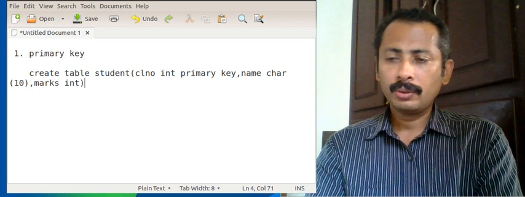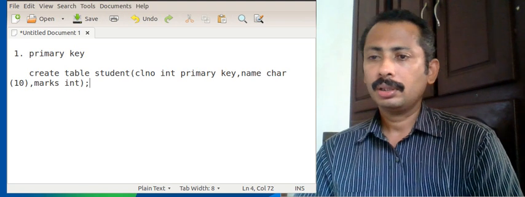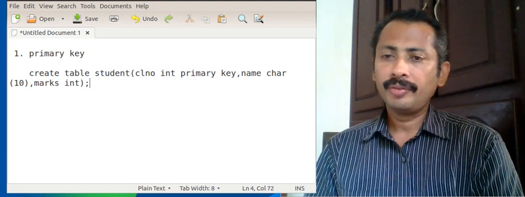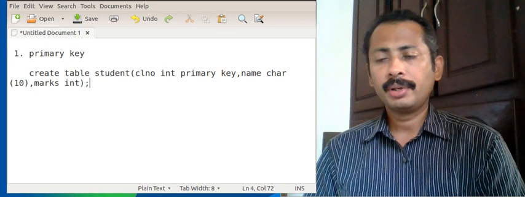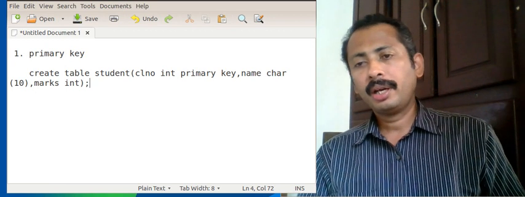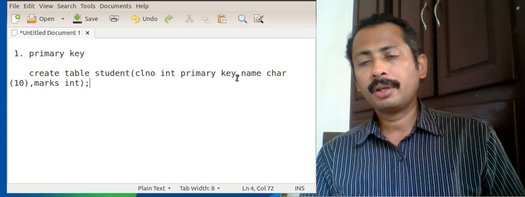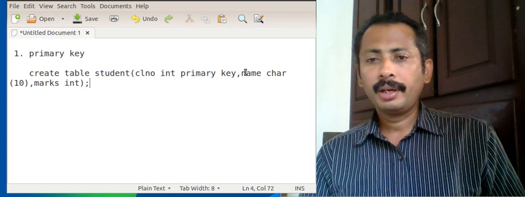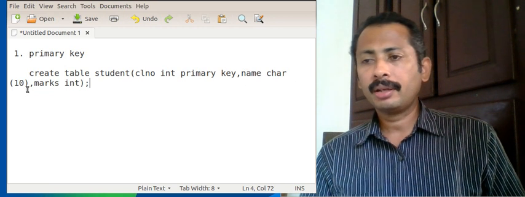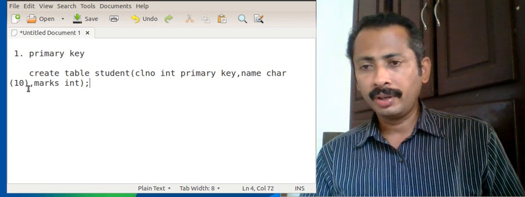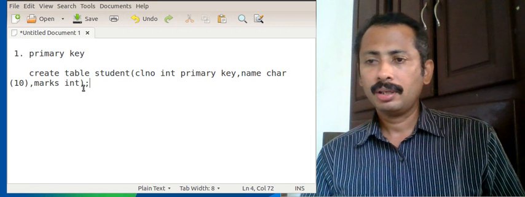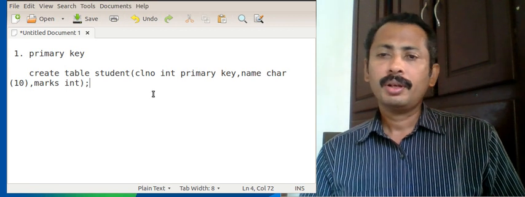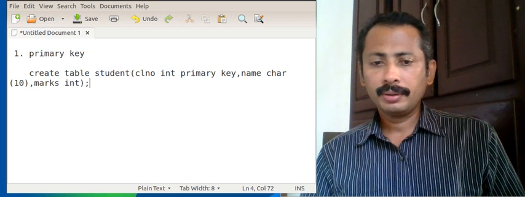Okay, so we have three fields in the table student. The first field is class number, it is of integer type and it is a primary key also, name is a character field, and marks is an integer field. Okay, so we'll do it.